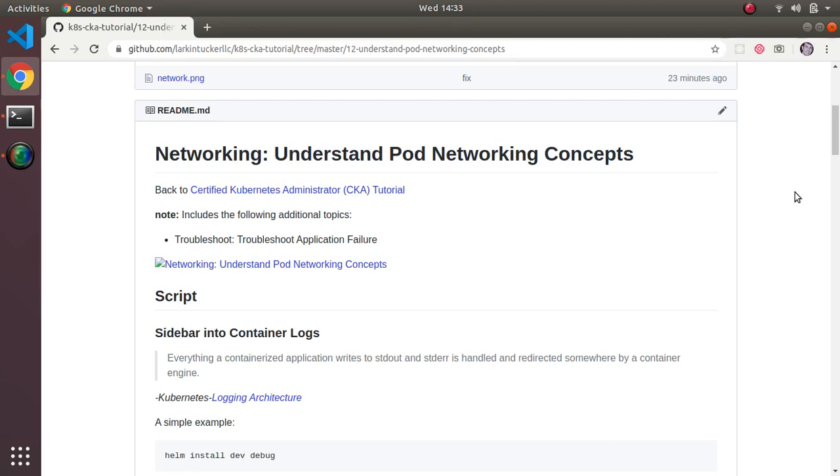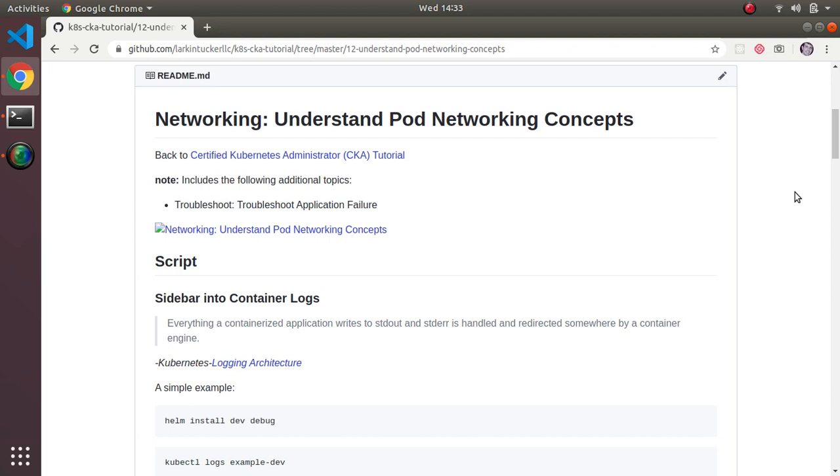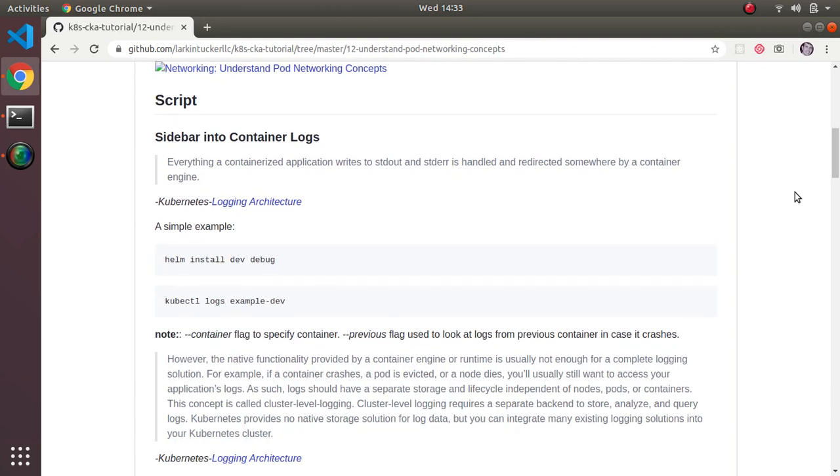Hello, this section is networking, understand pod networking concepts. This also covers a little bit about troubleshooting, especially around logs. So we actually start off the video with a sidebar on the logging, and previously we were looking at events